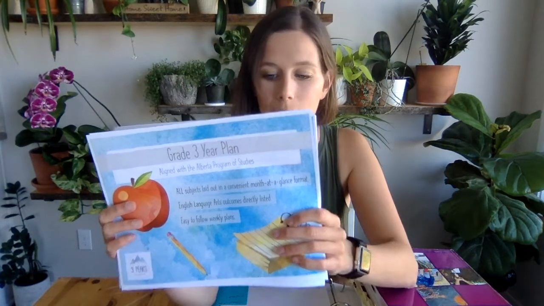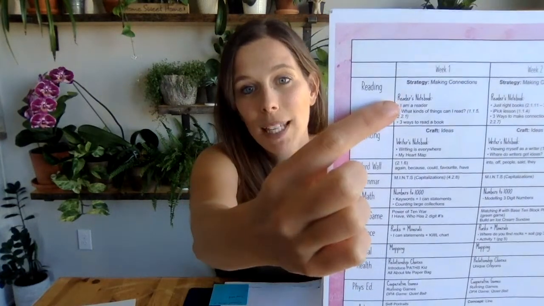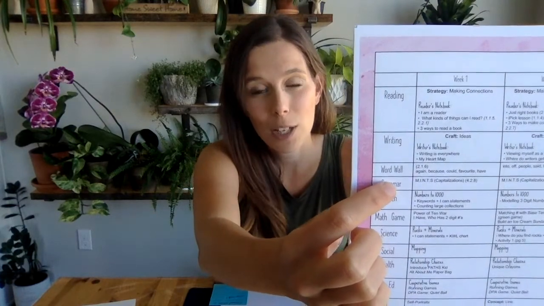So I have my grade 3 year plan here. It's up on my TPT store in case you're interested. And this is what my September looks like. And if I zoom in to my September, you can see that I have laid it out by weeks. And my language arts specifically is broken up into my reading strategies, my writing strategies, my word wall words. I just don't want to forget my word wall words, and my grammar. What is my grammar focus for that month? Or for that week, I should say.